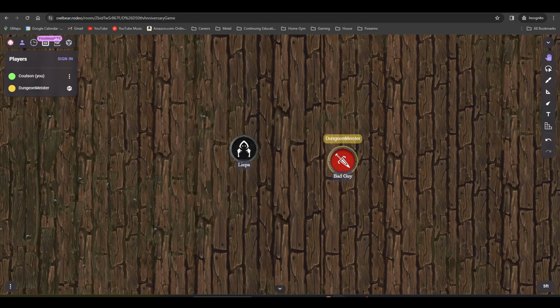So when someone else moves a piece, you can see who's moving it, right? So this also makes it really easy to tell if someone's moving the correct piece or not. And the reason it's important is because if you're going through a dungeon that's trapped and you grab someone else's piece by accident and you move them through an area of the dungeon that I had a trap planned for, it's not fair to that player that they're the ones who fall into the pit trap or whatever